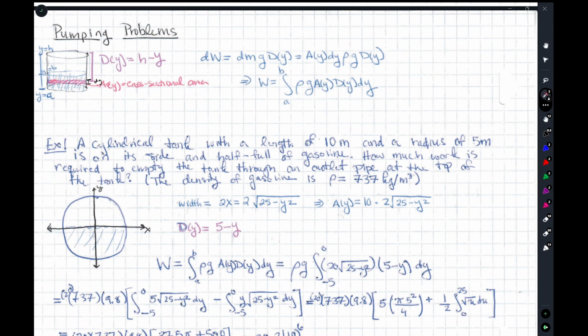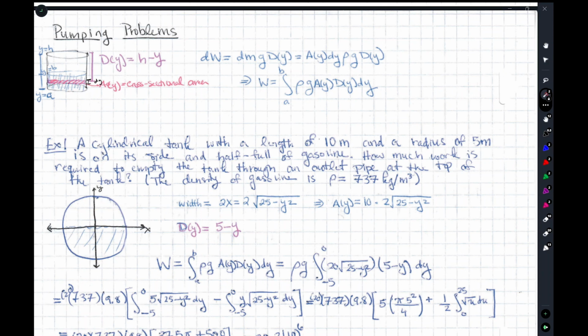What is rho here? It's the volume density. So rho is, in standard units, kilograms per meter cubed. So dm g, mass times g, that's the force again. And so you have to apply the opposite force to pull it up than the force of gravity. And dy is the distance you pull up